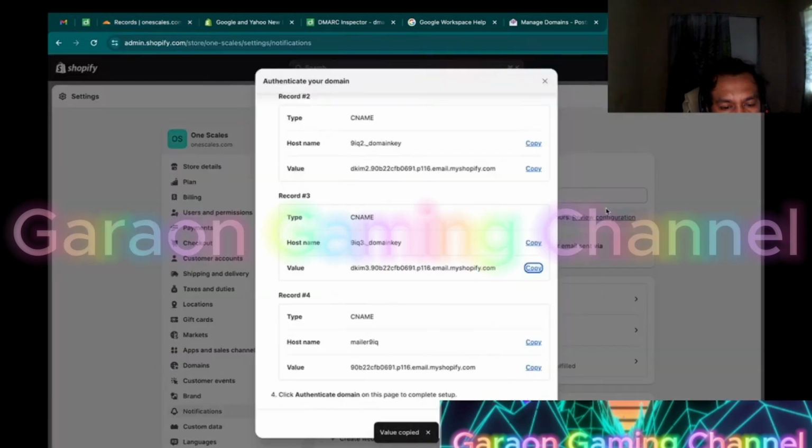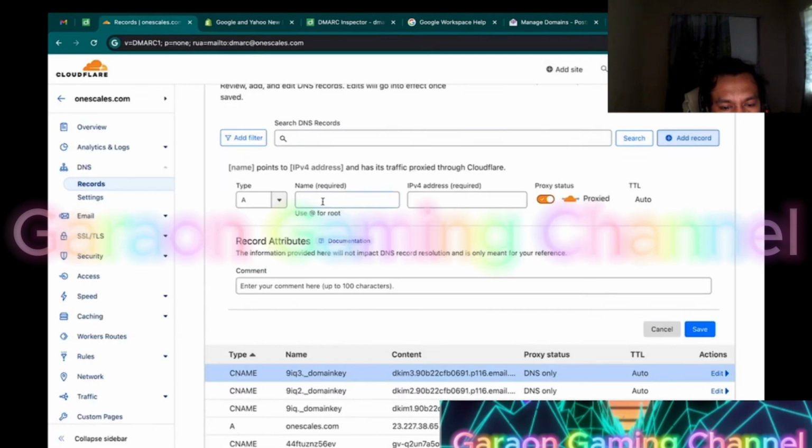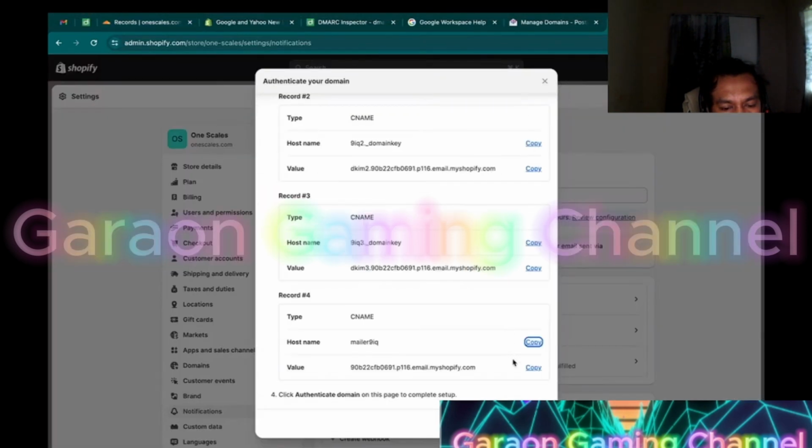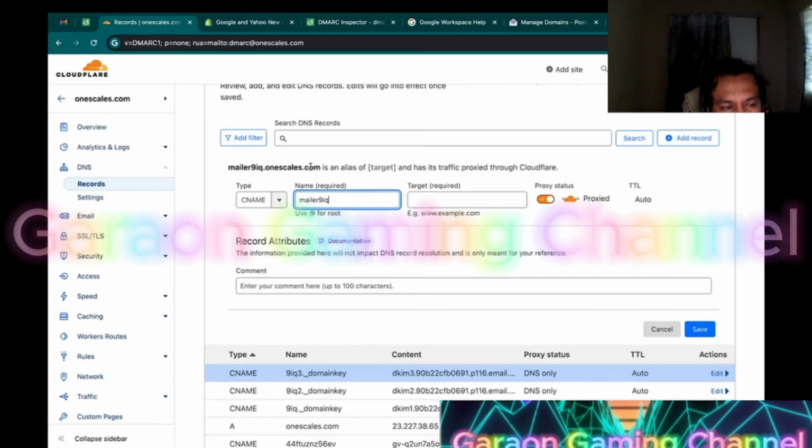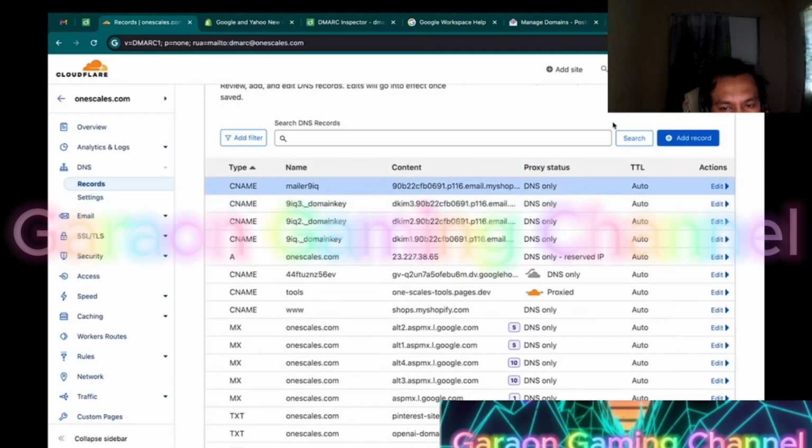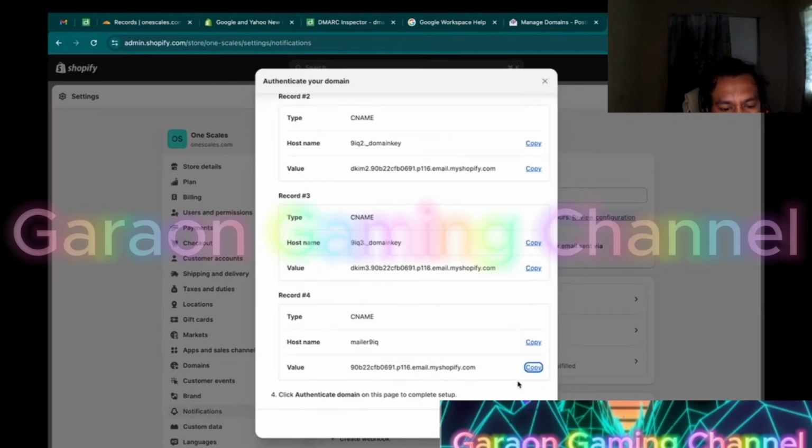Okay, and the last one is coming up. CNAME. Okay. And copied and set up. Okay, good. So once you do this, the first thing you need to do is actually click here on Authenticate